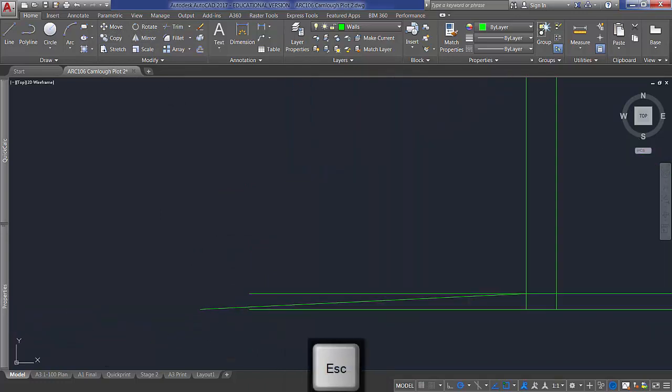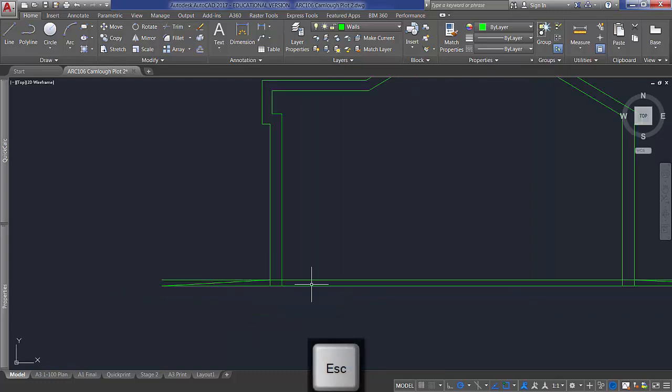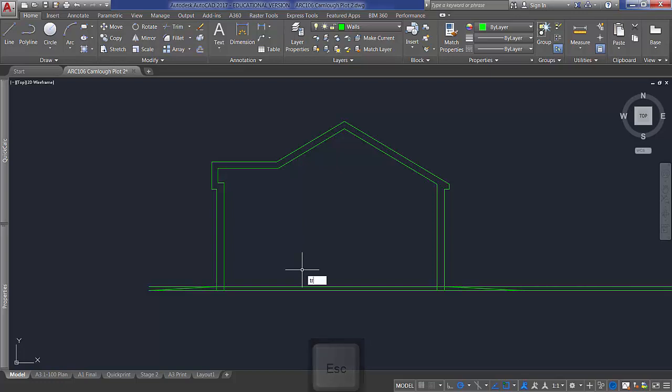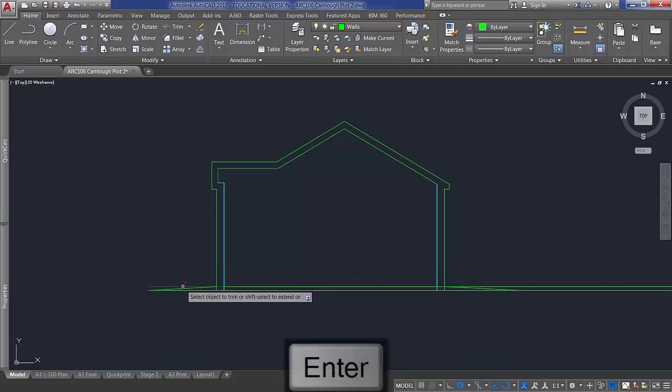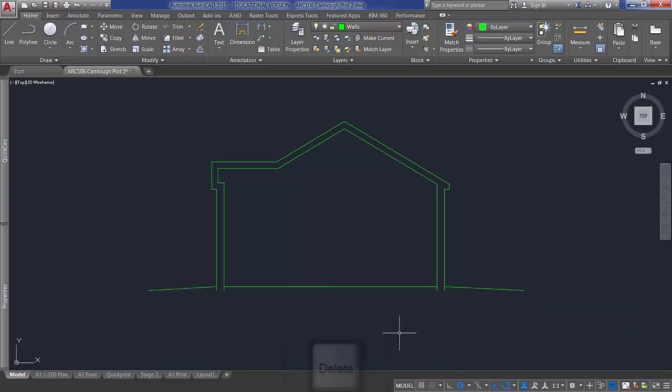Okay, in this case it's a wee bit beyond the line, so let's just pull it back a little. And we can trim using the 2 inside walls and trim off outside, and then we can delete that line